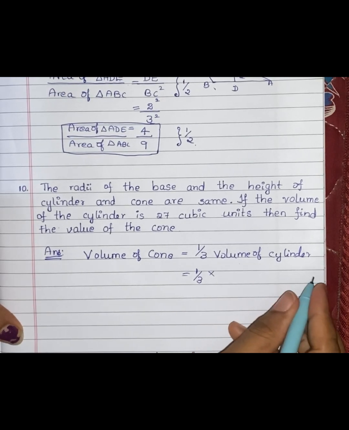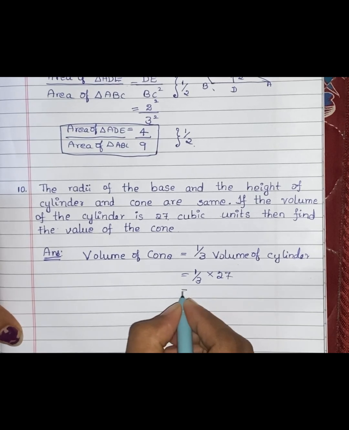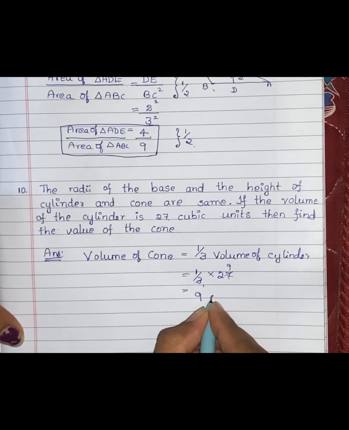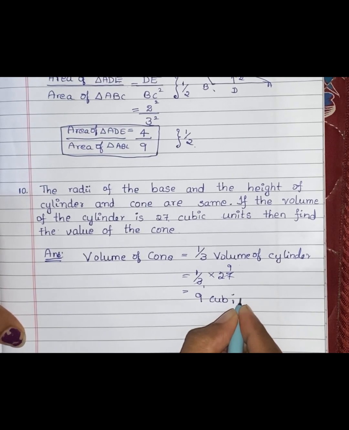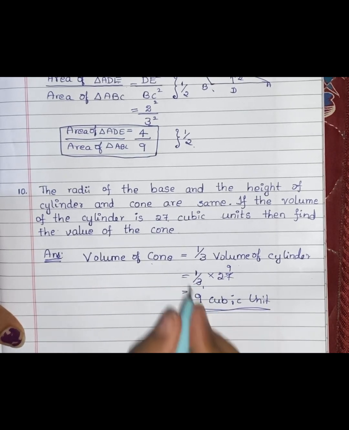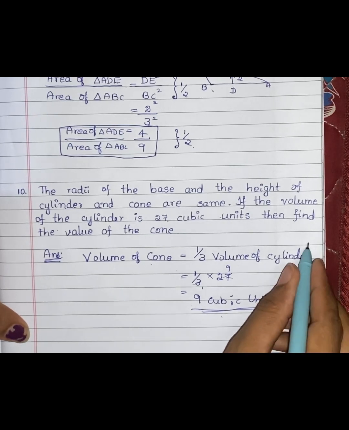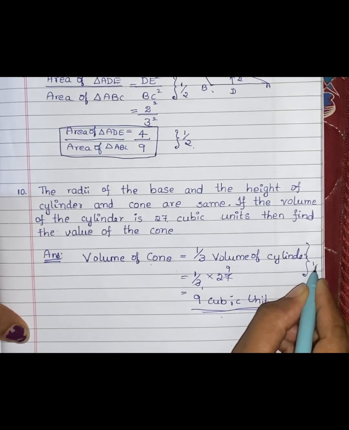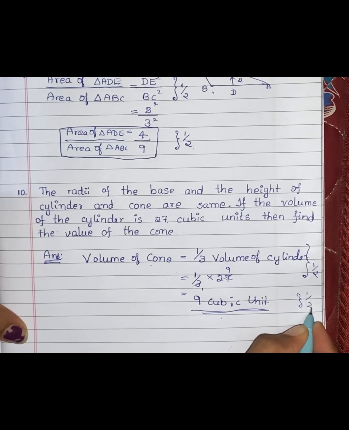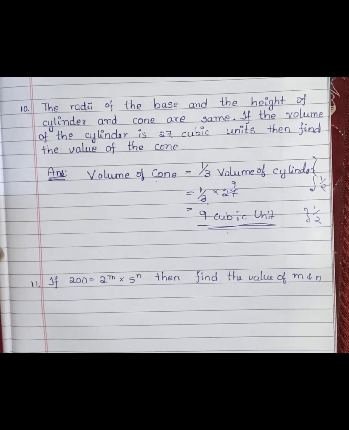We know volume of cylinder, so volume of cylinder is nothing but 27. Okay, so 3 ones are 3, 3 nines are 27, so 9 cubic unit. This is nothing but volume of the cone. Okay, so until these 2 steps we have half mark, and for the final answer we have half marks. Okay, now moving on to the next question,